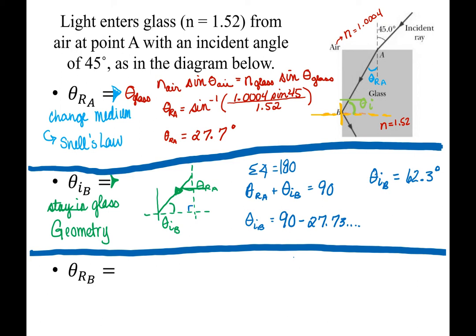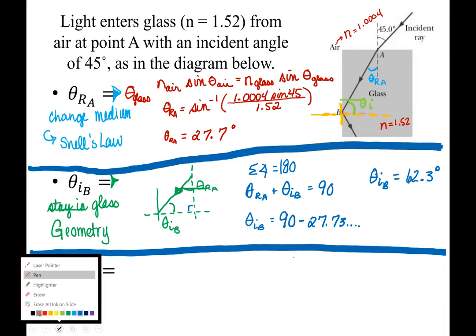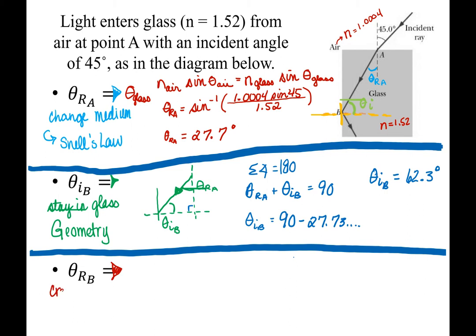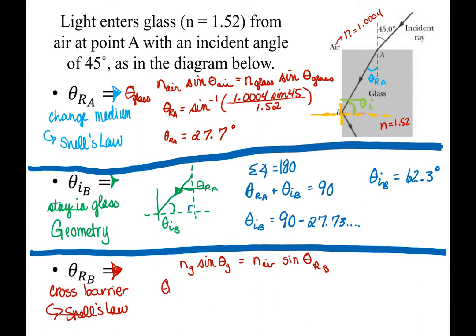And finally, we're asked to find the theta r as it goes to cross B. Okay, so again, we're going to be crossing a barrier. And if we cross a barrier, we're going to need to use Snell's law. So I'm going to set this up again where n for the glass times the sine of the angle of incidence in the glass is going to equal n for the air times the sine of theta in the air, which would be RB. So doing a little algebra and substitution all at once, we get theta RB is equal to the inverse sine of the quantity 1.52 times the sine of